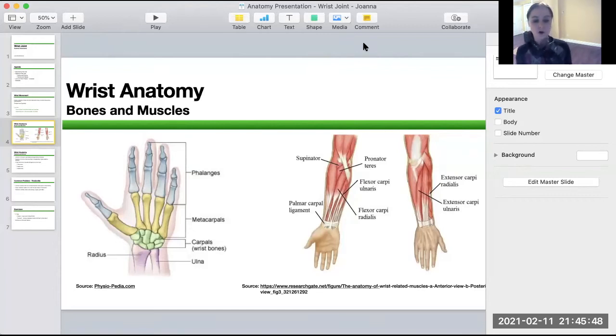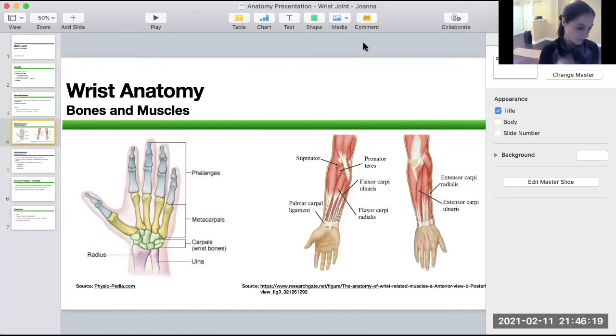When we're talking in terms of the muscles of our hand, we have the intrinsic muscles that are in our palm, and those muscles are responsible for the fine motor movement in our fingers. So when we're playing the piano, we're using the muscles from the hand. All of the movement of our wrist comes from the forearm, and that's called